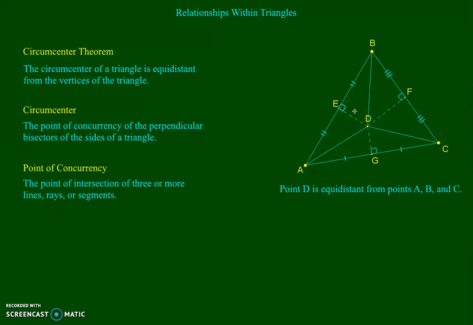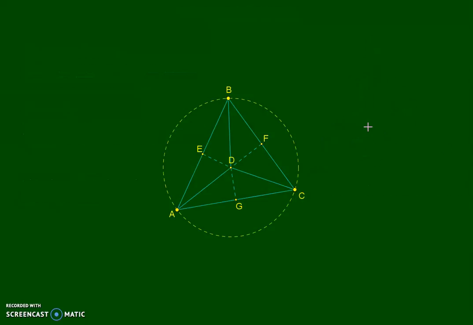Now, in some of these points of concurrency, we're going to see that the point of concurrency was within the triangle. In this case, with the circumcenter, that's not necessary. Here, in triangle ABC, point D is the circumcenter. That means that ED, DF, and DG are perpendicular bisectors, and DA, DB, and DC are equidistant. And you can tell that because here is a circle with point D as its center, and AD, DB, and